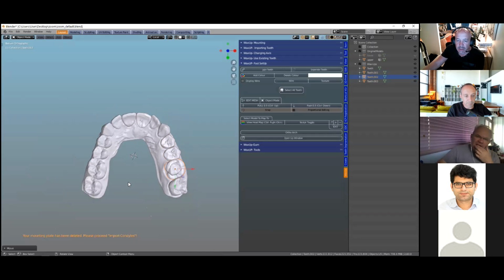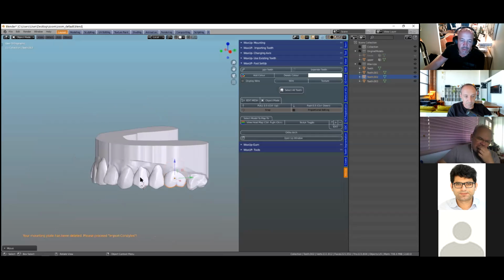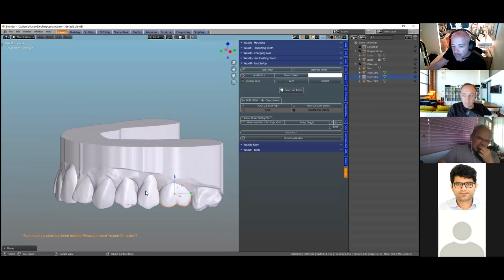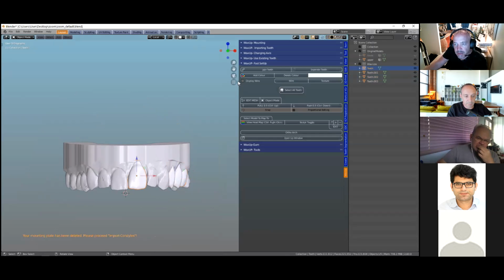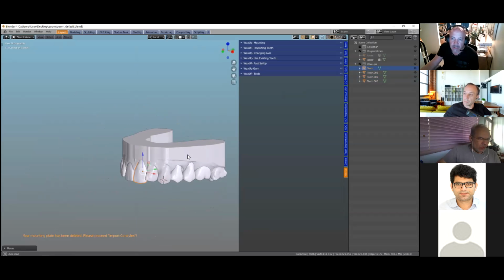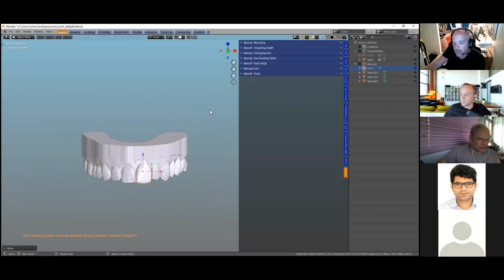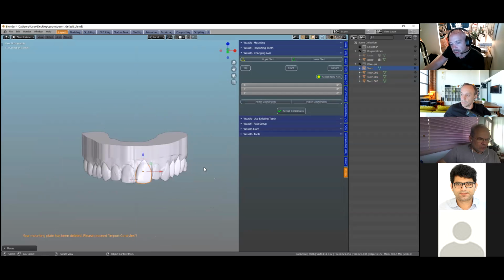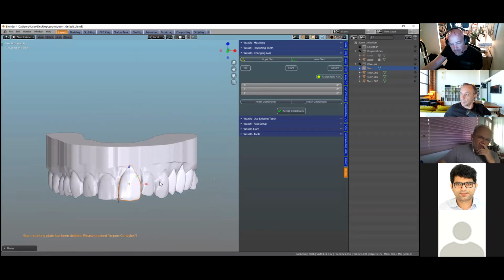And then we can do quite a lot of other things to this. So for instance, we may want to get the angles correct of the front teeth or whatever. Now this is not mandatory for you to do, but if you wanted to work with angles, we need to change the axes of the teeth. So for example, we may